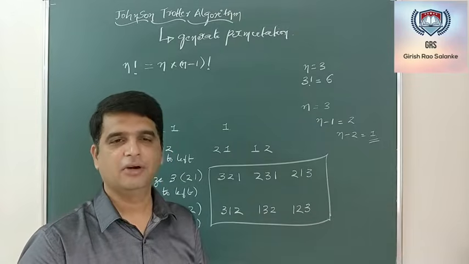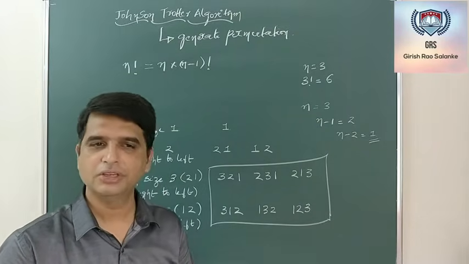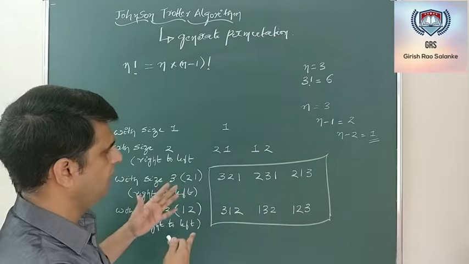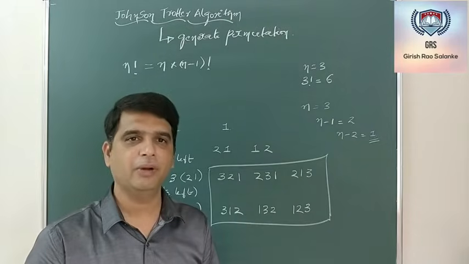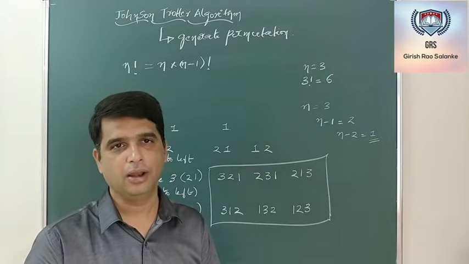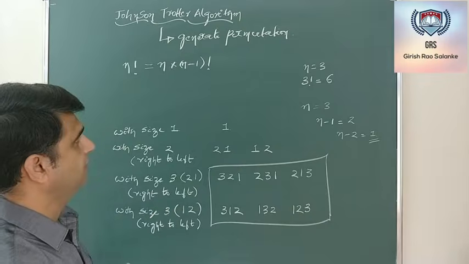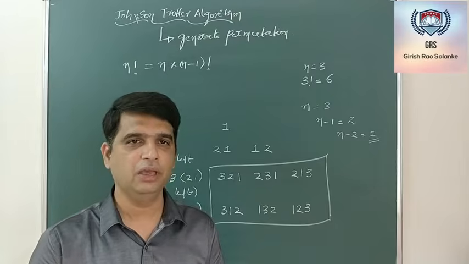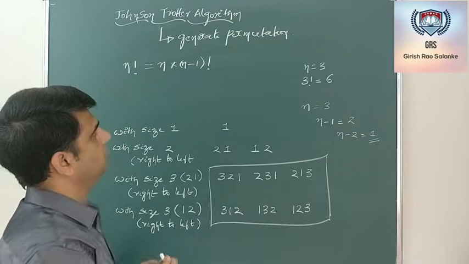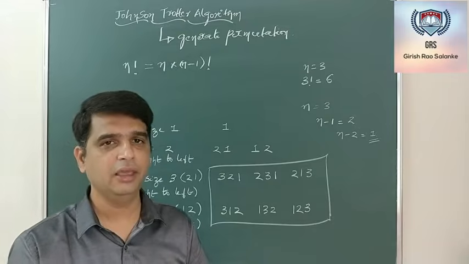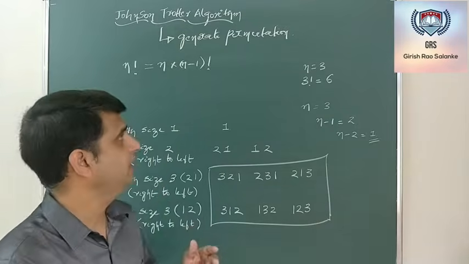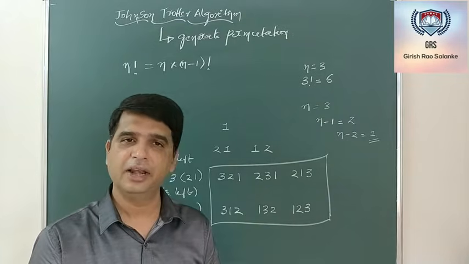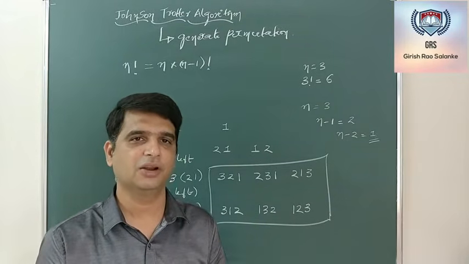Similarly, I can trace for n is equal to 4. For n is equal to 4, how much should it be? It should be 24 permutation. I can apply the same concept. Wherein if you clearly see here, I have used the concept of decrease by constant, that is decrease by 1. Now this is one of the ways of generating the permutation. Now what we are going to discuss in today's video is how to use this Johnson-Trotter algorithm in order to generate the permutation. First we will see the basic things related to Johnson-Trotter algorithm, and then we'll come up with the tracing as well as the pseudocode of the Johnson-Trotter algorithm.